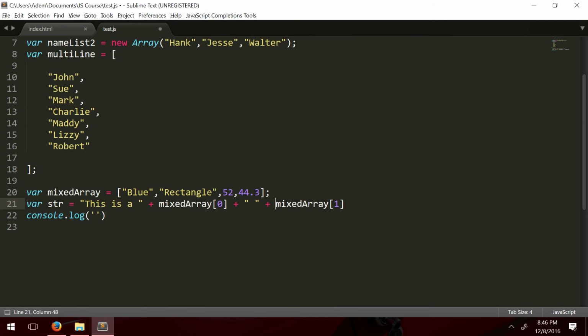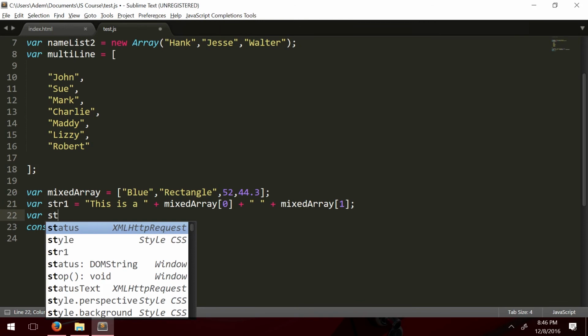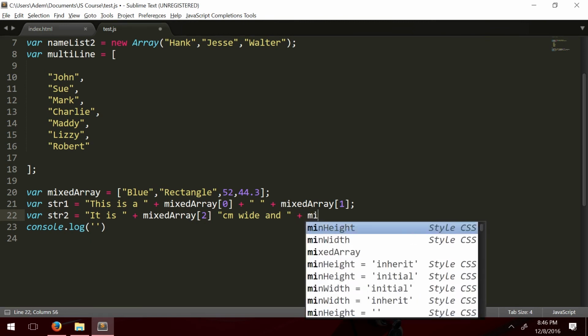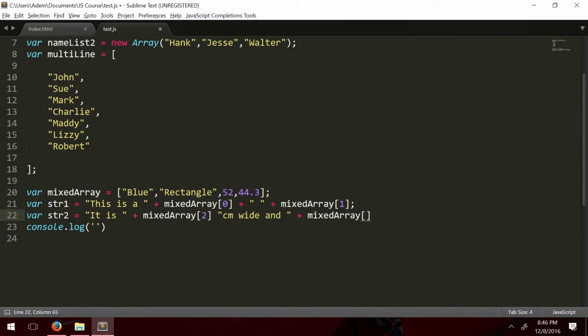This is going to say blue rectangle. That's the first string. Then string2 equals it is, and we're going to say here mixedArray[2] centimeters wide, and we're going to add the final element, mixedArray[3]